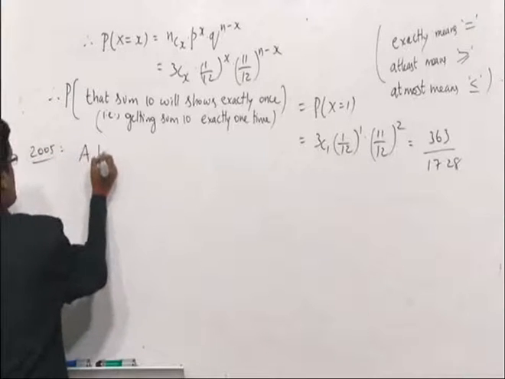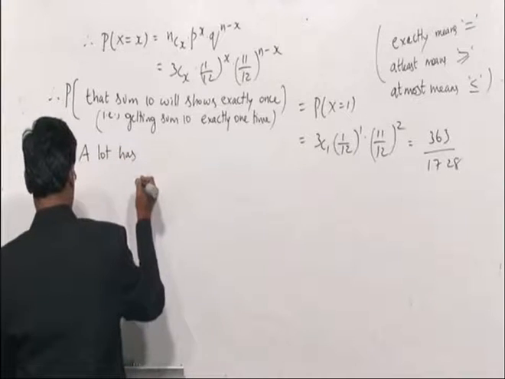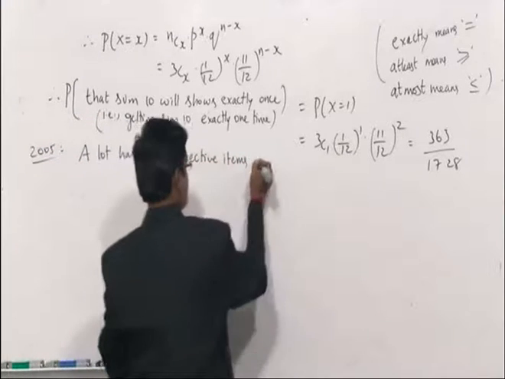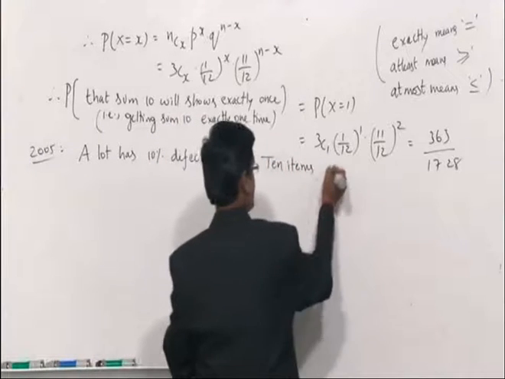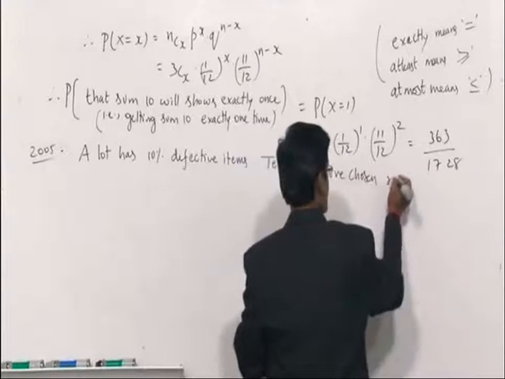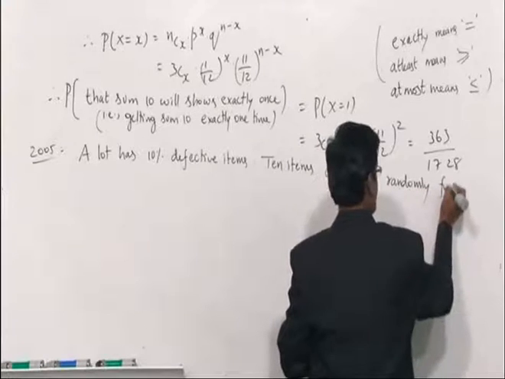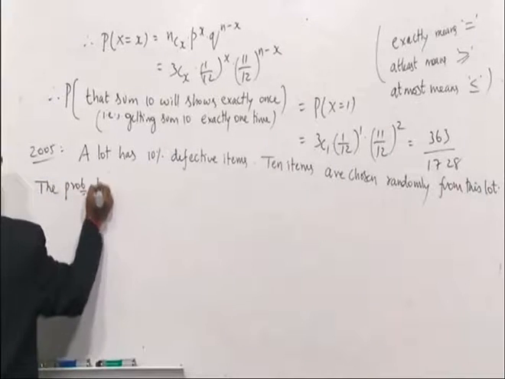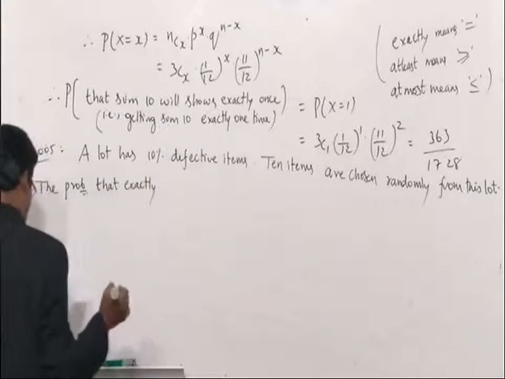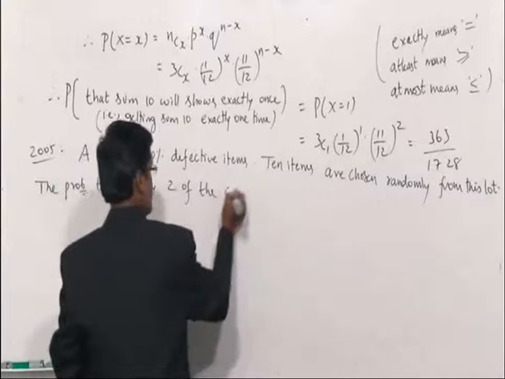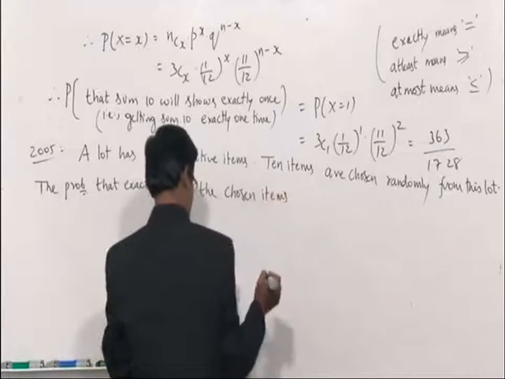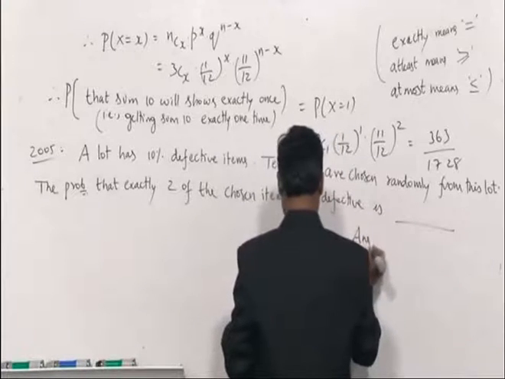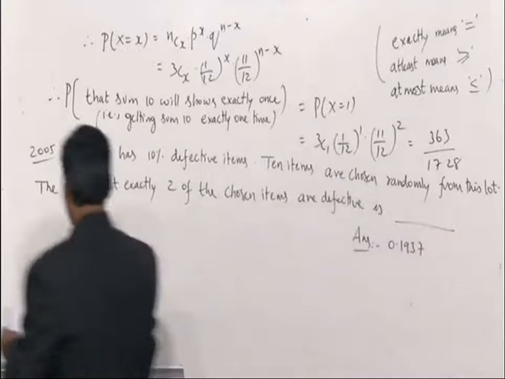2005, another example. A lot has 10% defective items. 10 items are chosen randomly from this lot. The probability that exactly 2 of the chosen items are defective is, answer 0.1937. Just a hint: